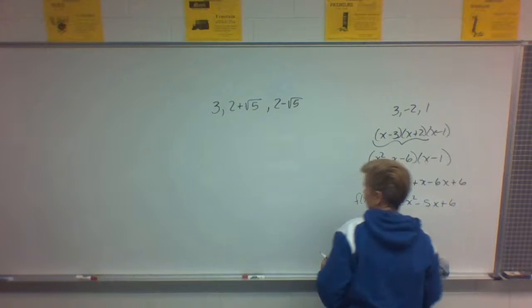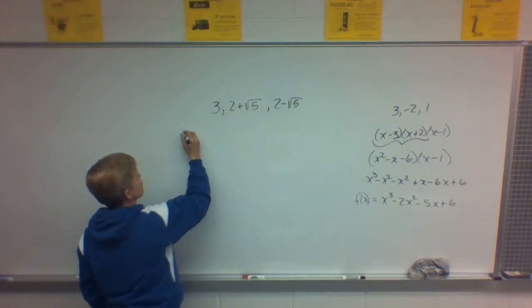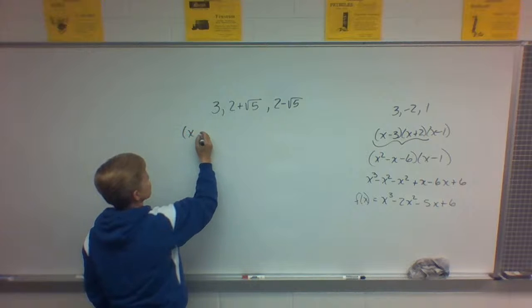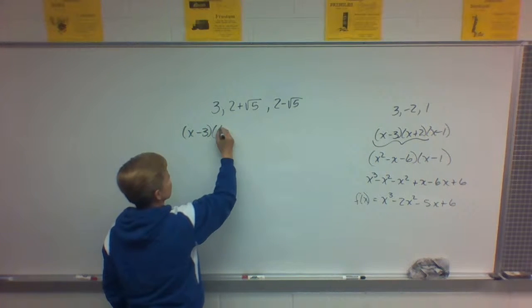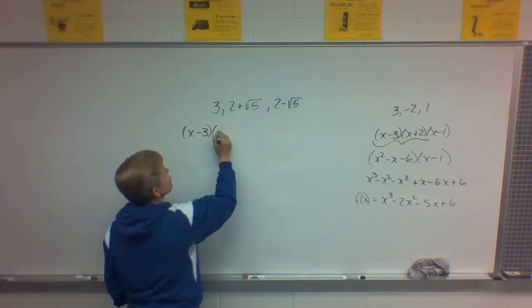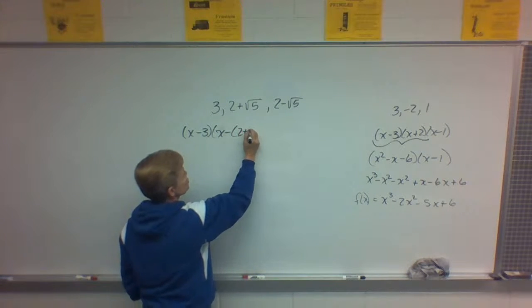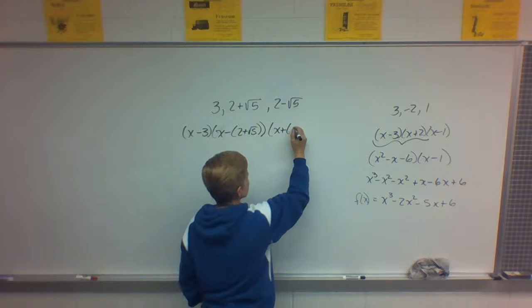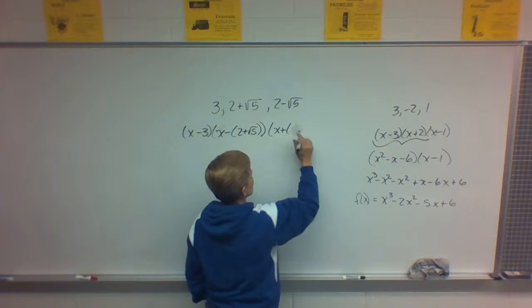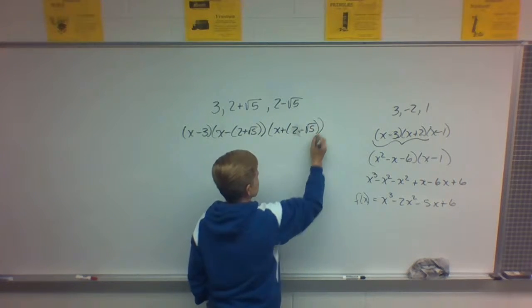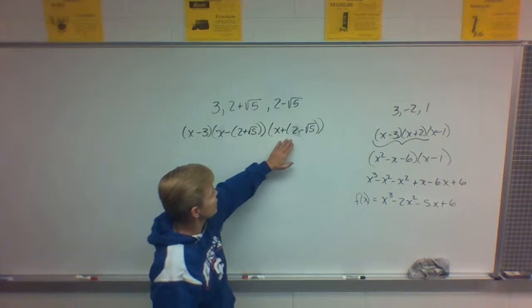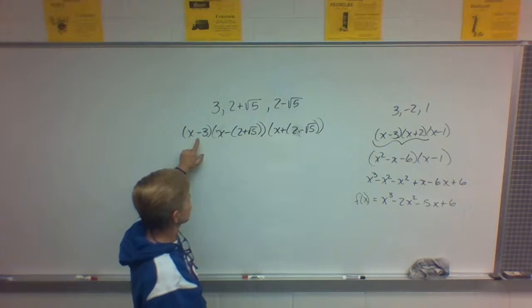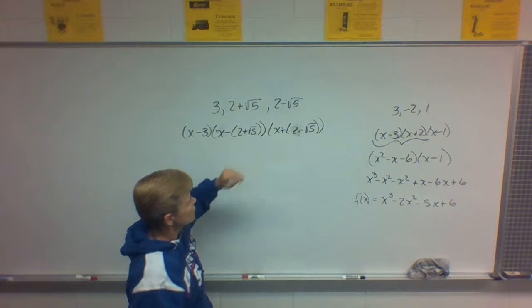If you try to do that with this over here, you would have these factors. x minus 3. And then, x minus (2 plus root 5) in parentheses because there's 2 terms, and x minus (2 minus root 5). Close it. And then you would have to multiply these 2 together. I recommend you always do the conjugates together. Don't use this one last. And you would have